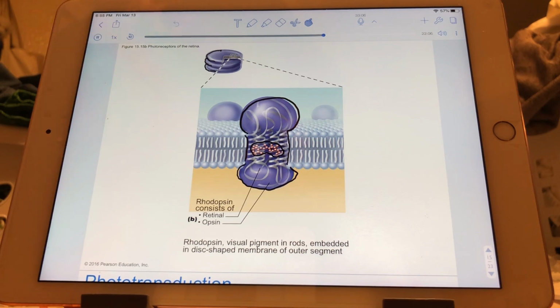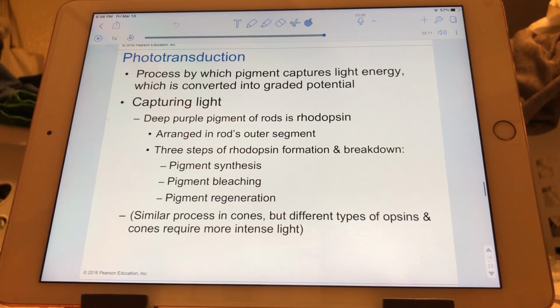Let's look at slide 16. Okay. Rhodopsin, if we're using rods as our model, they need to capture light, and they can only capture light if we're talking about a fully formed rhodopsin, not just the opsin, but the photopigment. Okay. And there are sort of three different steps, and in what is actually going to turn out to be a cycle: pigment synthesis, pigment bleaching, and pigment regeneration. Slide 17.